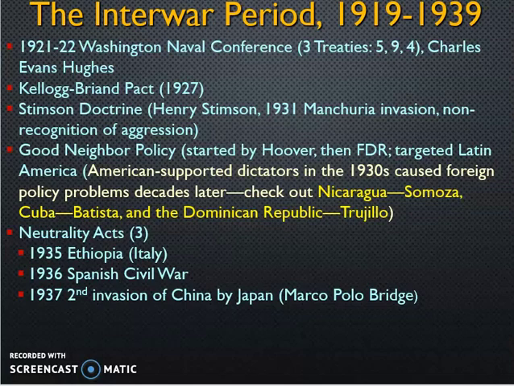In 27 will create the Kellogg-Briand Pact, which will basically outlaw offensive warfare, which again looks great on paper, but does not. I think initially 14 nations, eventually 60 nations will sign on, but it won't have much enforcement because both Japan and Germany are signatories of this particular document.